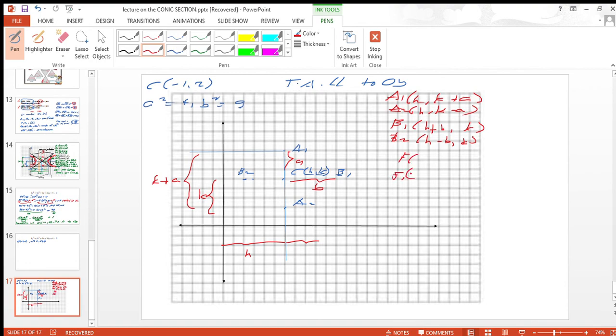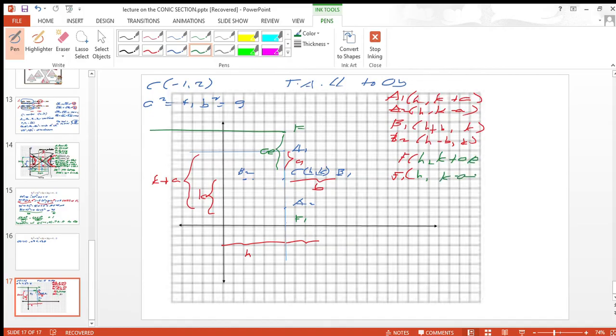Your foci will be located farther from your A1 and A2. So let's say this will now be our F, and then let's say F1 is here. What do we know? Center to F is AE. So they are on the same vertical line with the center, H. This will be K, right? This will be K plus AE